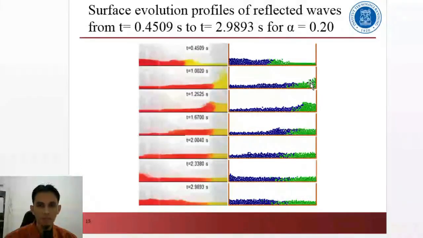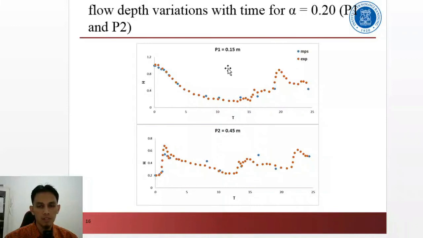For this one, the velocity is similar, but the formation of the wave is underestimated by the MPS. This figure shows the sensors P1 and P2. As we can see, in the beginning, the MPS method for P1 shows similar results or good agreement. However, after that, at some points, it shows disagreement, or somehow underestimates the height. At this point it underestimates the height, and at this point also, but overall it shows